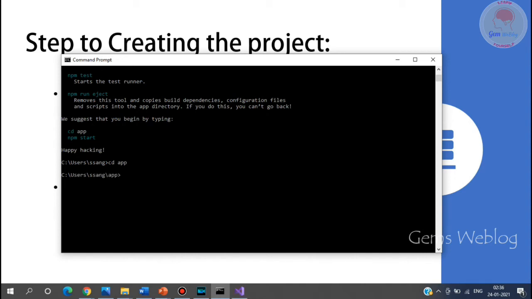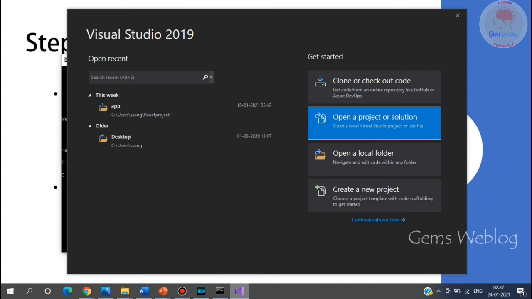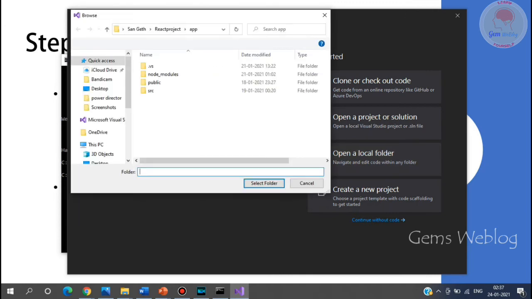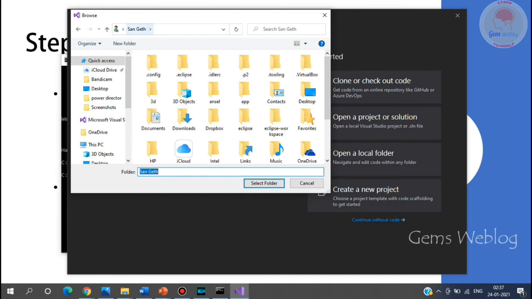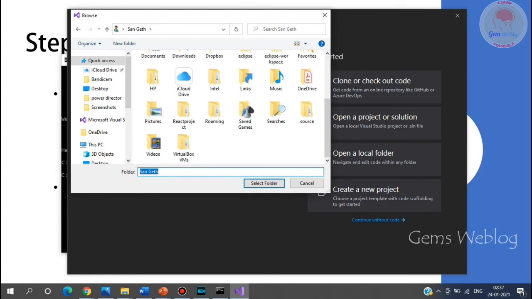Before starting our project, we have to open it locally. For that I am using Visual Studio 2019 Community. Open a local folder, and navigate to our created app, which I created on my desktop.